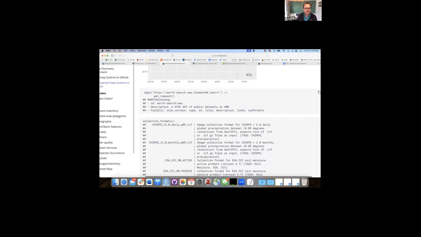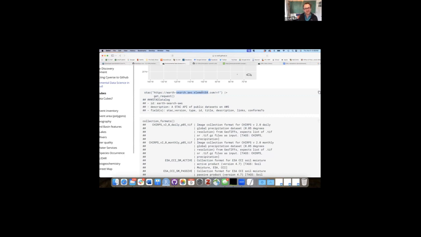Okay, STAC, this is the spatial temporal asset catalog. So this is essentially supposed to be a Dewey Decimal System for spatial data sets. And it's not as good as a Dewey Decimal System because there's a lot more chaos in all of the data sets, but it's really good, and it at least has a system. So first, you are going to go to what's called a STAC catalog. Here is just one STAC catalog, Element 84. Element 84 is a particularly nice